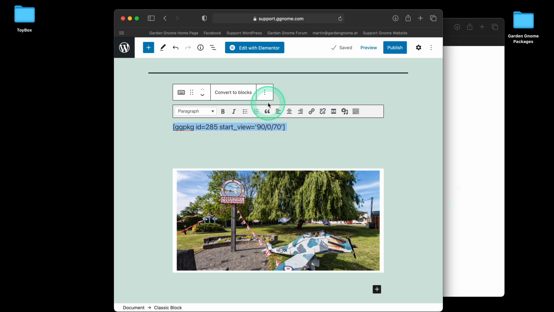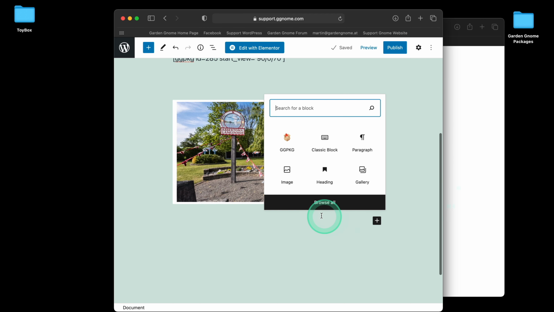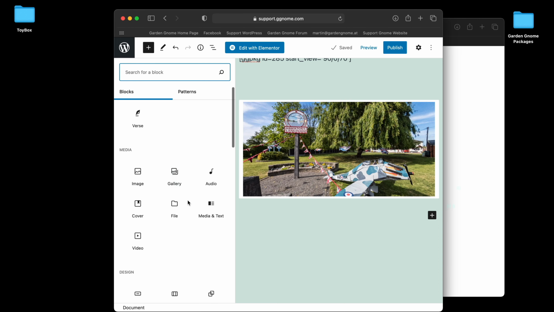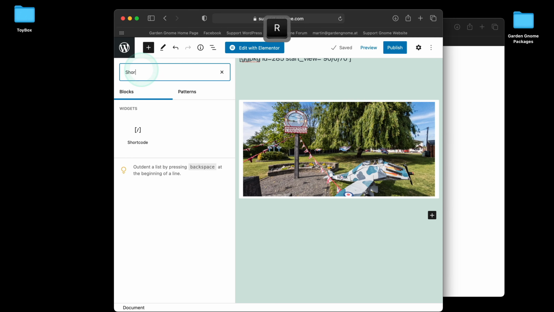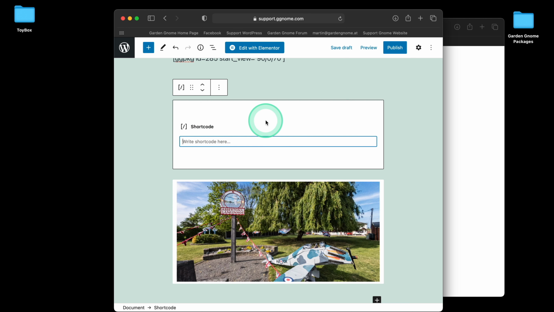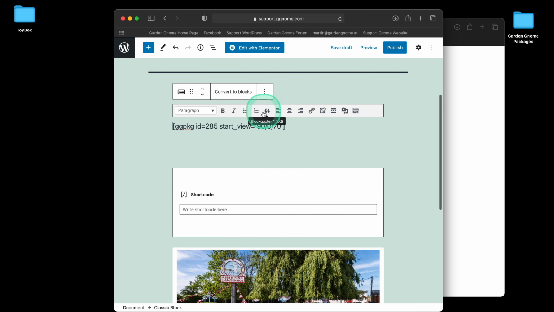Now, I do believe what you can also do with this is if we go to, let's add another one, I believe we can add just shortcode. There we go. So this is just now shortcode. The thing with shortcode is, if you know what you're doing and you are a seasoned WordPress junkie, as it were, you would know how to get all this information. So you could just literally,